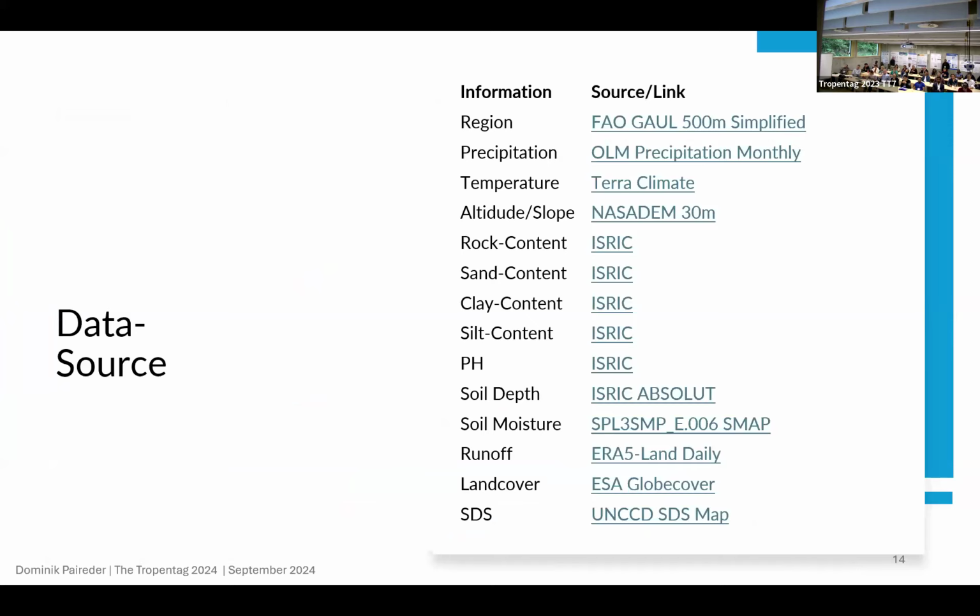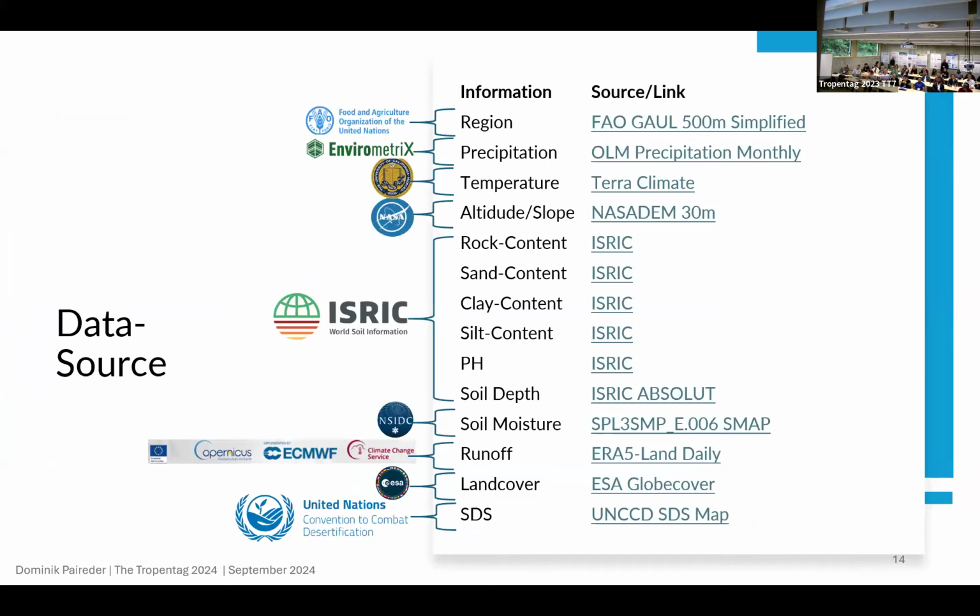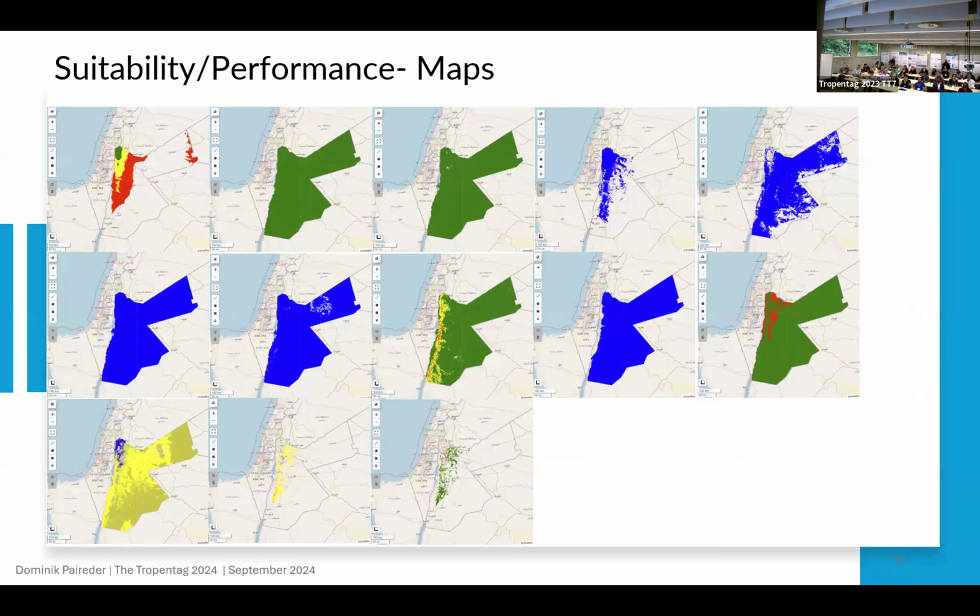Just to the data source, we acquired a few organizations which provide the data sources. Some of them are already in the cloud-based Google Earth Engine platform. Some others are possible to load directly inside, and some we have included. For sure, in the future, we also want to make sure that this is not only open source, but also open data, that everybody can work with. Still, we have to solve that, and the UNCCD map we have to load directly inside. It looks like that afterwards.